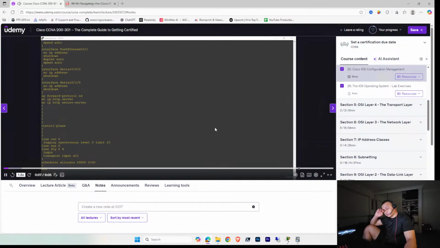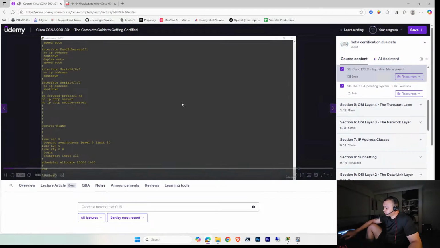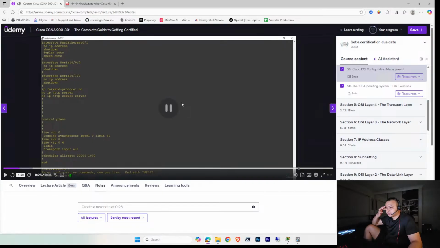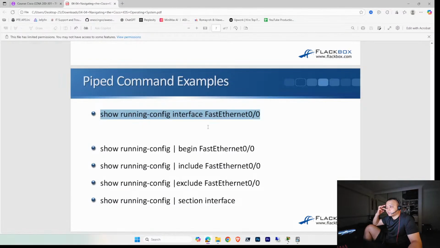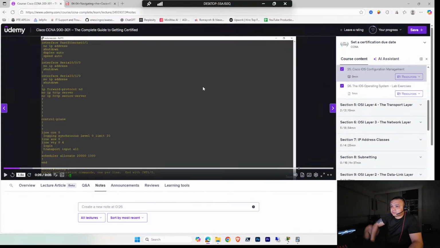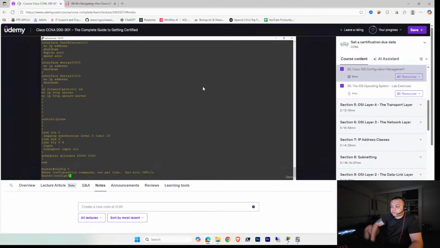In this lecture, you're going to learn about IOS configuration management and the running configuration and the startup configuration. So I'm going to make some configuration commands to demonstrate this for you. I'm going to go to global configuration, so I enter config T. Notice right now that I've just got the default set up in this example where the hostname is router. If I enter the command hostname router1,